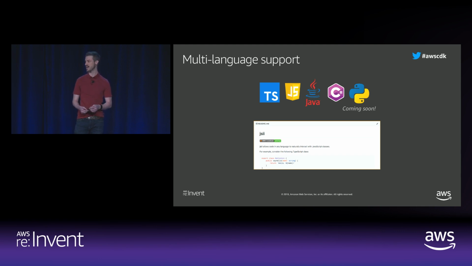But I think one of the really neat things about CDK is that we're able to take this programming model and this AWS construct library, and we're able to map it consistently into all these different languages and keep it in sync across the different languages. And we're able to do that by using another open source project we created called JSII. So that's another really interesting area to explore. And then,